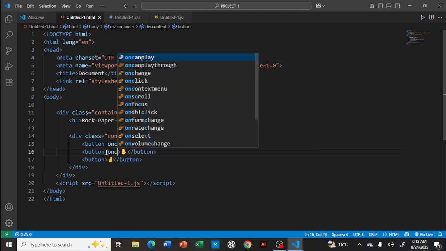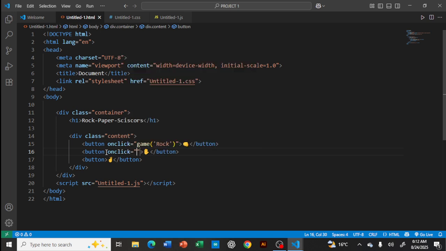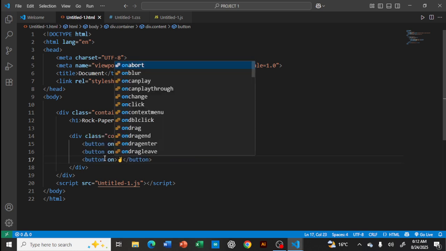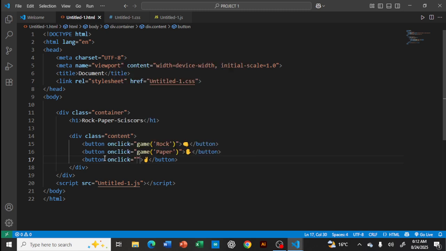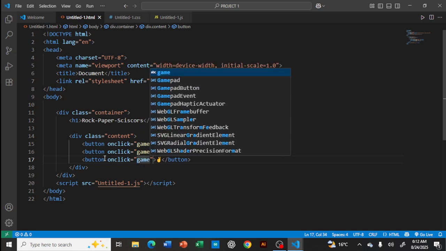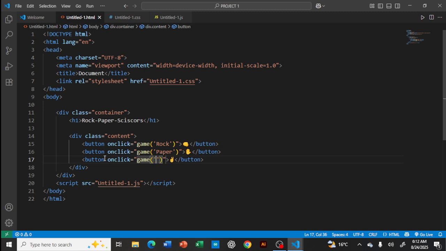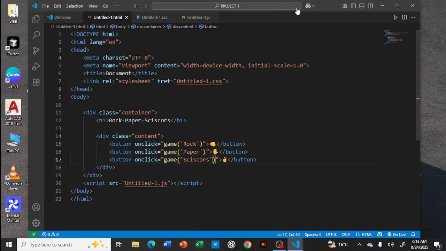Also the same applies when you place this one here. The function is the same, game, but here it is paper. And also here, when you press this, the function to be done is game, but here it is scissors. That way. Then you have finished creating the 3 buttons, but still you can just